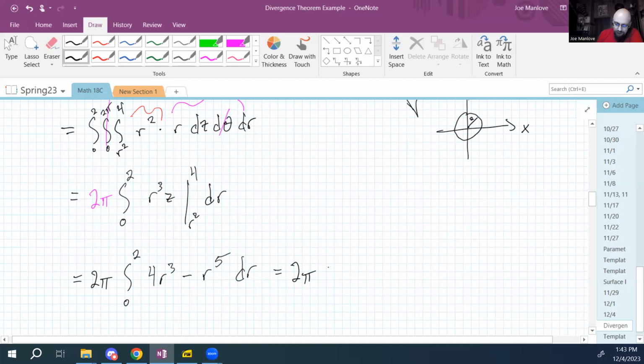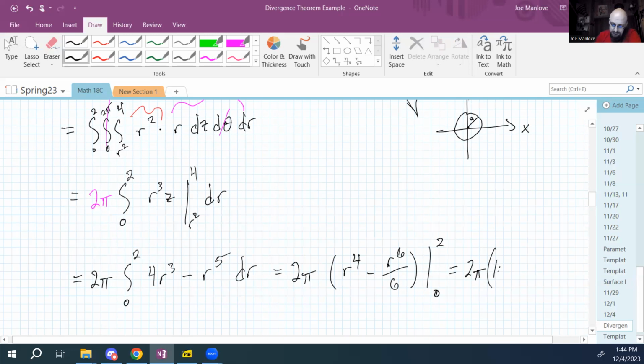Okay, so I got a 2 pi, and then I need to integrate both of those. So that's going to be, let's see, r to the 4th over 4 times a 4. So we're going to cancel a 4. We're going to get an r to the 4th. Okay, that makes me feel better about my life. Minus an r to the 6th over 6. That makes me feel worse about my life. Then we're evaluating from 0 to 2. Okay. Well, so I guess I get 2 pi times r to the 4th is like